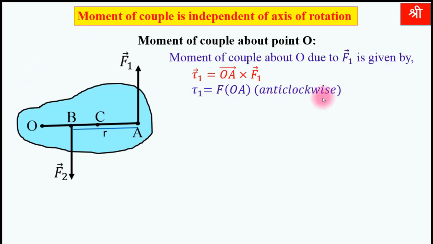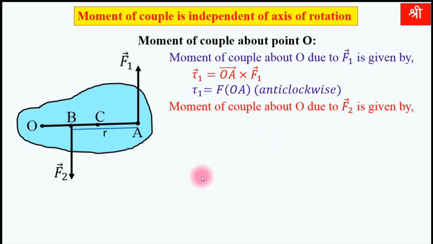So in anti-clockwise direction. Moment of couple about O due to F2, now due to this second force, is given by vector tau equal to vector OB, because we have to take this OB distance now, distance between this axis of rotation and the point of action. Point of action means that point where force is applied, vector F2. So vector OB cross vector F2. Again this OB is perpendicular to F2 and sin 90 is 1. So we can write